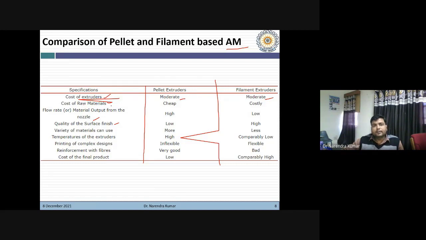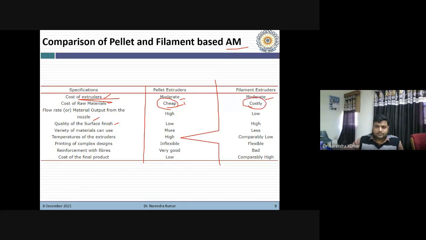Then cost of raw materials. So pellets are available at very cheap rate. You can find pellets at like 100 to 200 rupees per kg. But if I talk about the filament form of the raw material, then it is costly.